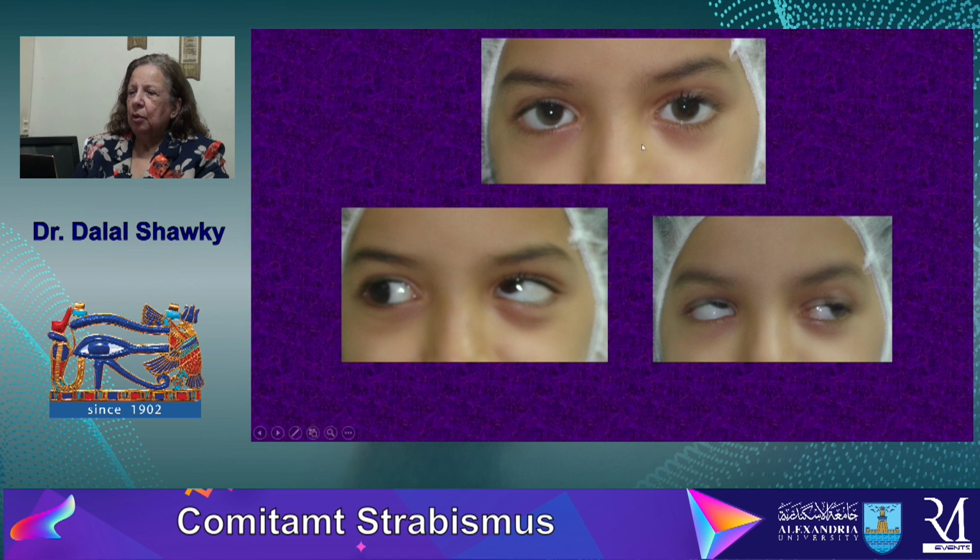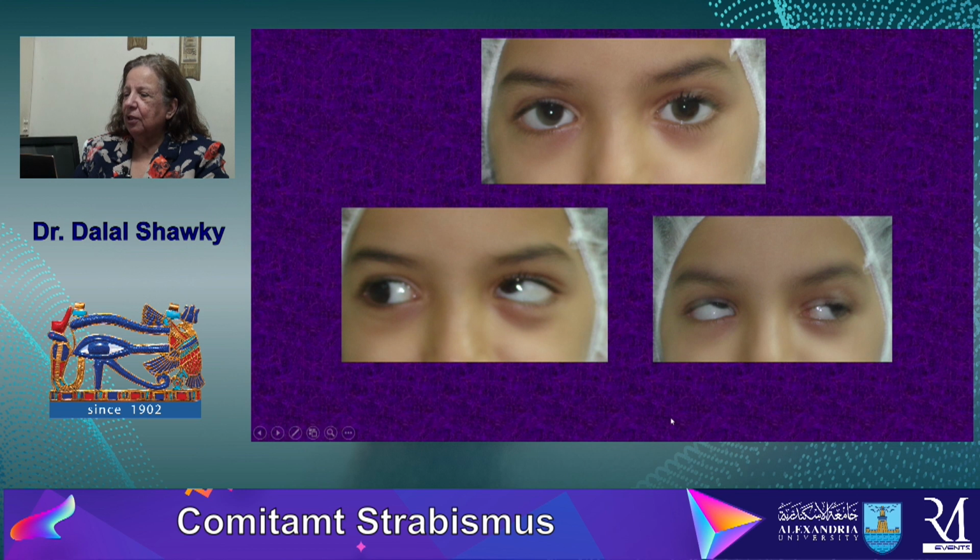Here also, the patient is normal in the primary position, operated before in young age for congenital esotropia. Horizontally, there is no esotropia in the primary position, but vertically there is abnormality: inferior oblique overaction of the left eye, detected in adducting the left eye by looking to the right, and also inferior oblique overaction of the right eye detected